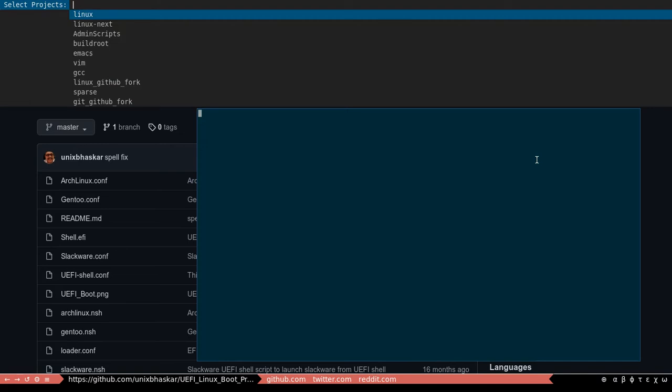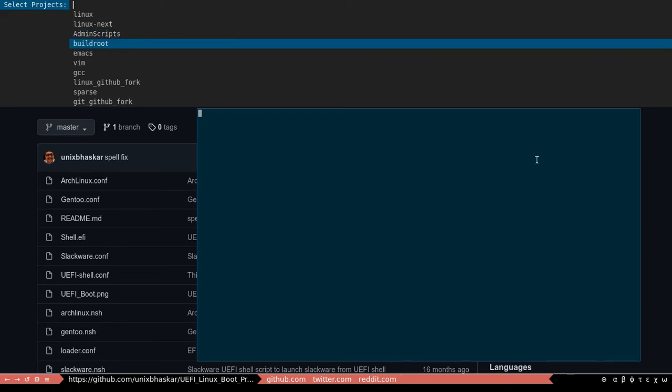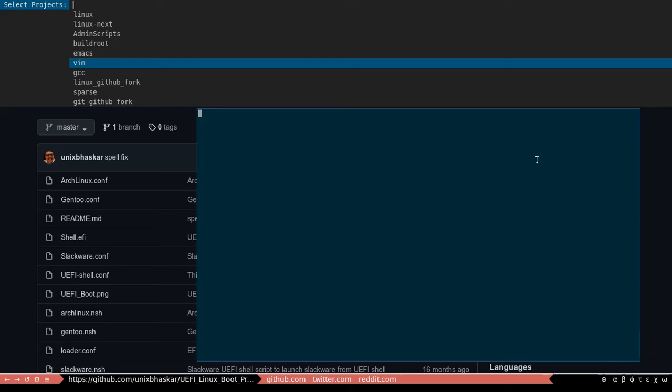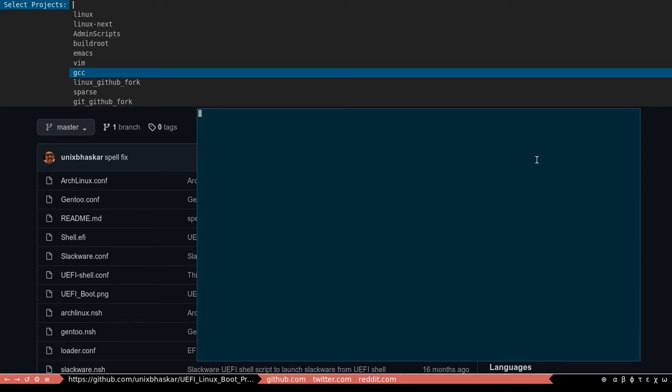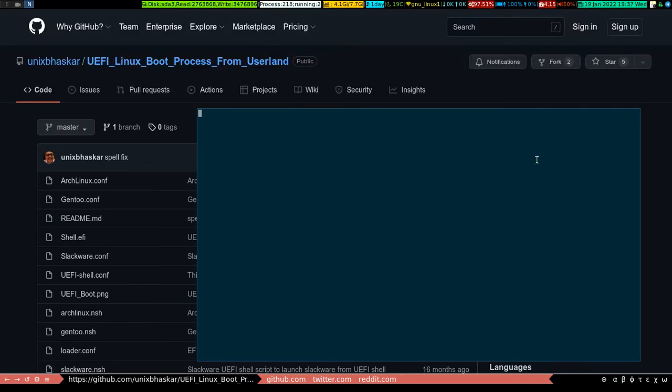I bound a super key combination in my window manager to show this list of my Git repos which are already cloned onto my machine. If I want to visit any one of them for some reason, I just select it. Okay, and this floating window, a floating terminal you can say, is waiting for the command. Once I press enter, I'm inside that